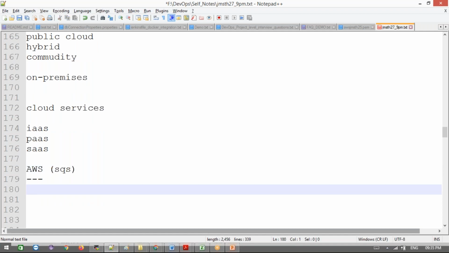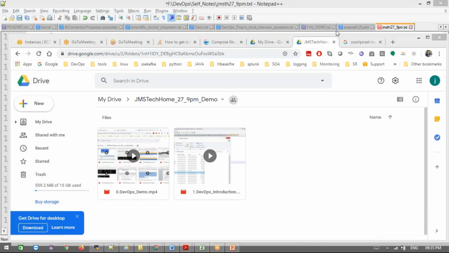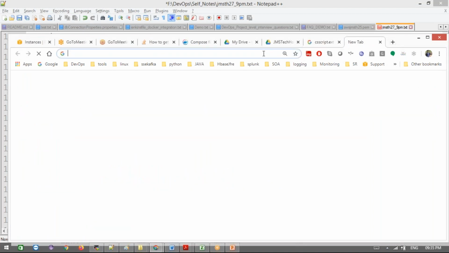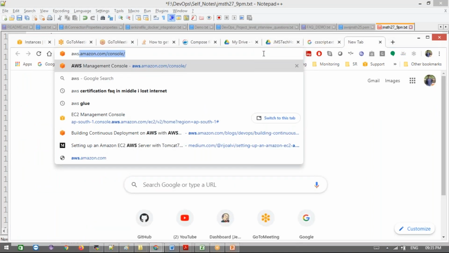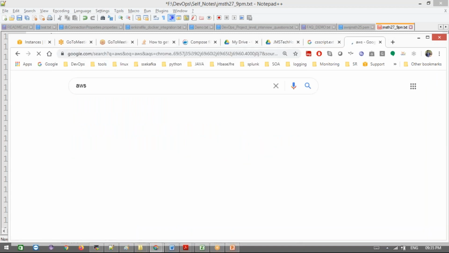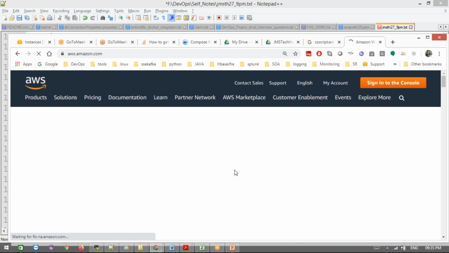Fine. Now, we are going to AWS characteristics, and we are going to see this now. Just go for here. Go for AWS. Okay, just click this here, and we'll see what exactly it means,